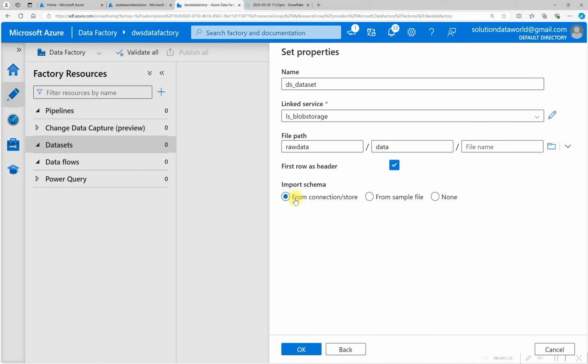So click OK, select from connection and store for import schema, and my file contains a header, so I am clicking here first row as a header. So click OK